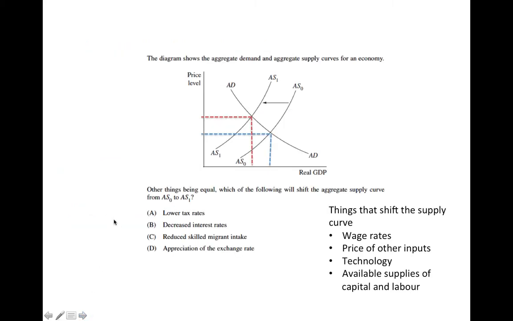Okay, so the diagram shows the aggregate demand and aggregate supply curves for an economy. Other things being equal, which of the following will shift the aggregate supply curve from AS to AS1? Right, so we know that aggregate supply represents the ability of an economy to deliver goods and services to meet demand. We also know that certain things shift the supply curve, and this is wage rates, price of other inputs, technology, and available supplies of capital and labour. Okay, so if we're having a look here,